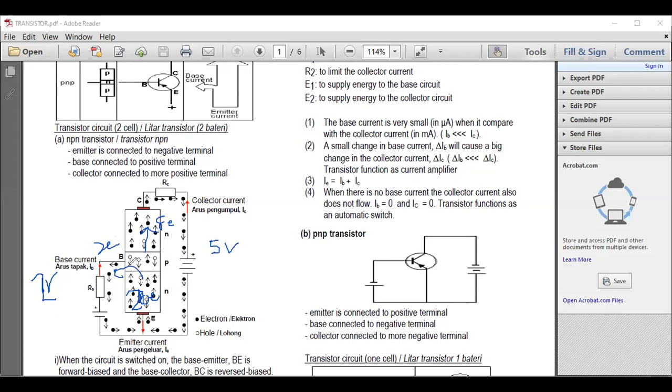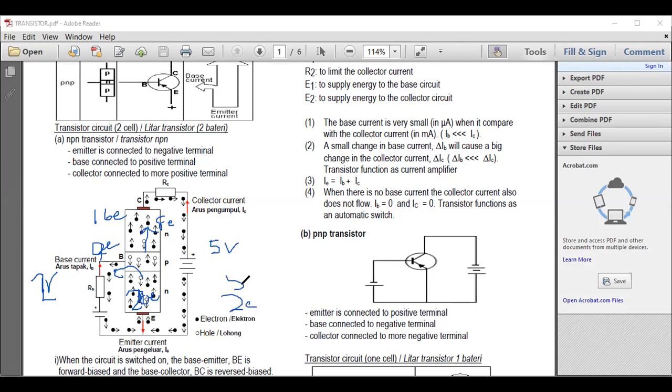Out of 20 electrons, because your base is just a tiny space with a limited number of volts, and the base is still less positive compared to the collector, maybe the number of electrons that go to the base becomes 4, but the number that go to the collector becomes 16. So 16 plus 4 gets 20. So what happened just now is, your base,